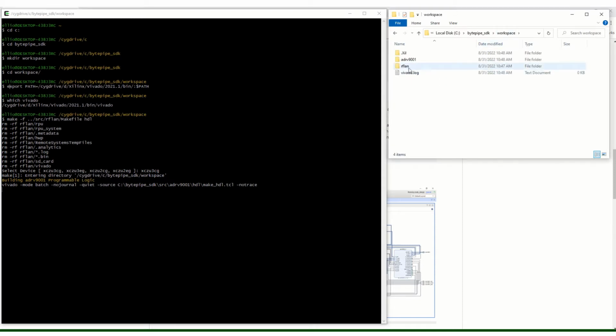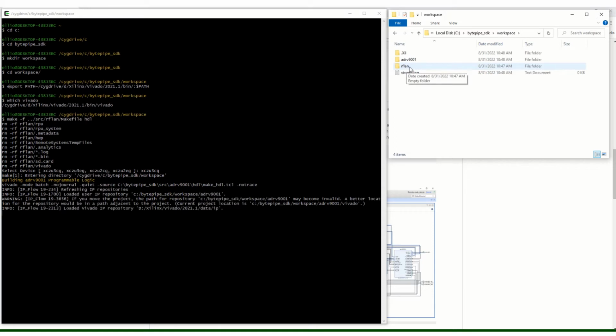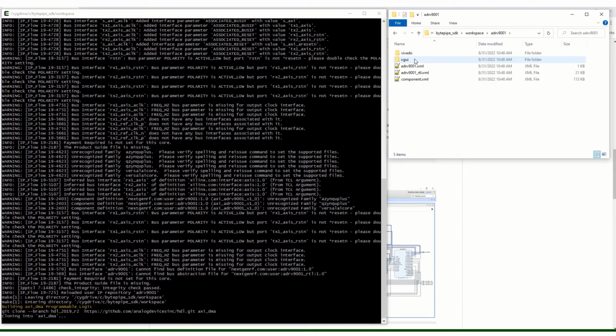It started by creating an RFLAN folder over here, which is what we're building. The ADRV, which is currently being built, is an IP that's used within the RFLAN. That's why it's a separate folder. It's a separate set of IP independent of the RFLAN. So first it's building the ADRV